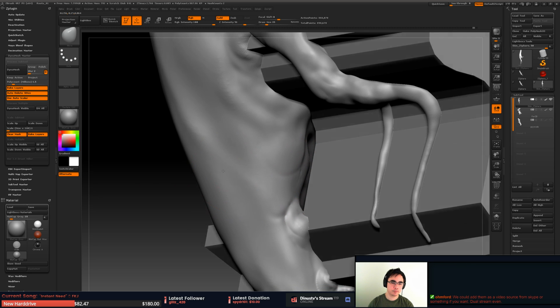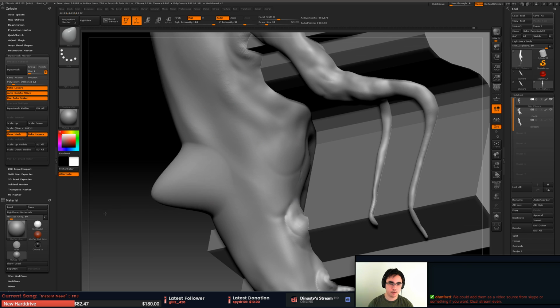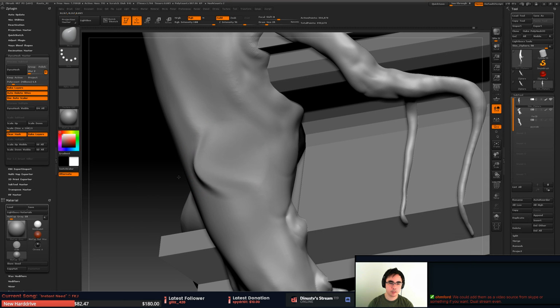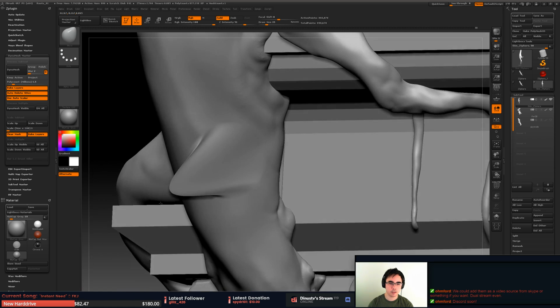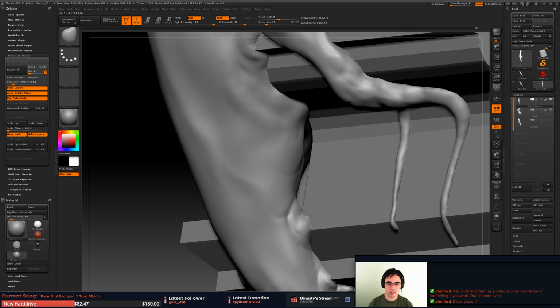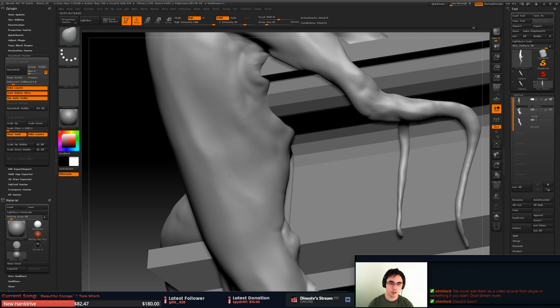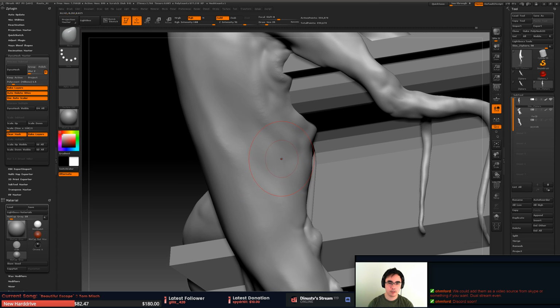So the move brush, I don't know if I've covered this with you guys before, but when you move a piece, you see it goes to the side, so it's all screen space moving. Discord's gonna be doing it soon. So the move brush is doing screen space moving. The screen is like a flat plane, and anything you're moving with the move brush is moving along that flat plane, right? So if you hold down Alt,